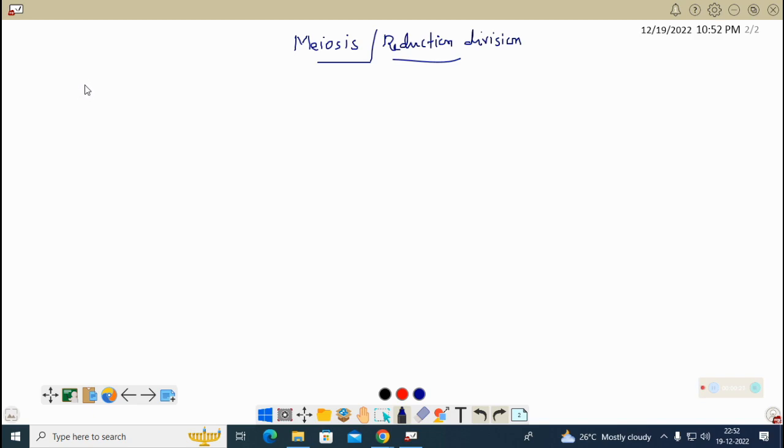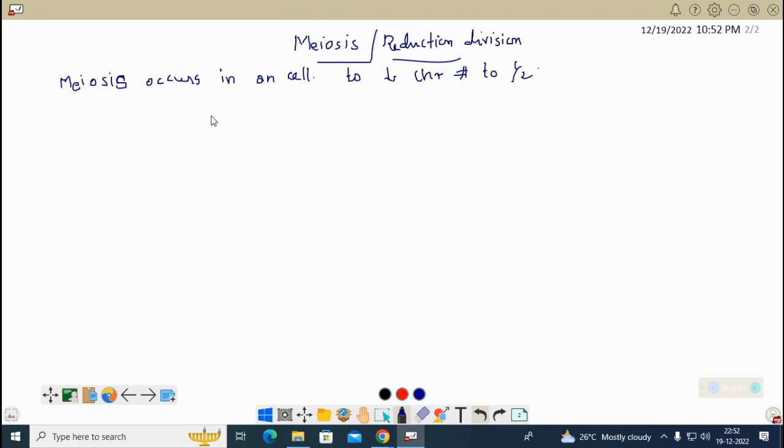Meiosis or reduction division: what is reducing here? The number of chromosomes will be reduced to half, and this meiosis always occurs in a diploid cell. So meiosis occurs in a diploid cell, to reduce the chromosome number to half, right? So if 2n number of chromosomes is present in a cell, it will be reduced to n